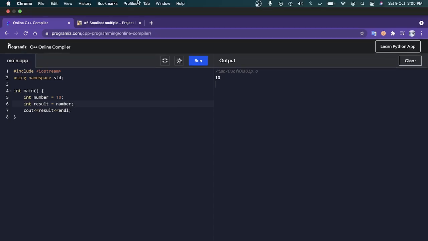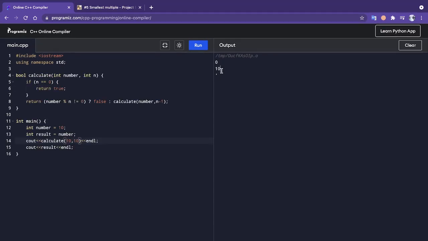I have written a function that is boolean. It is a boolean function that will return true or false. It will return true if the number that I have given is divisible till the limit, till the n. It will check in opposite, because in the first iteration it will check whether the number percentage n is equal to 0. This is the ternary equation.